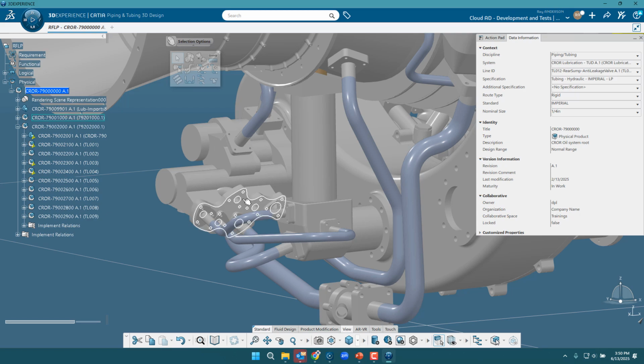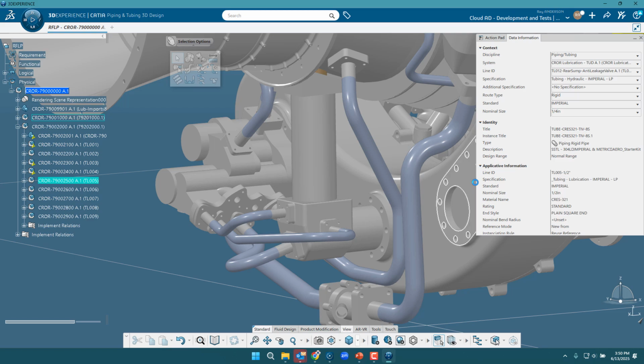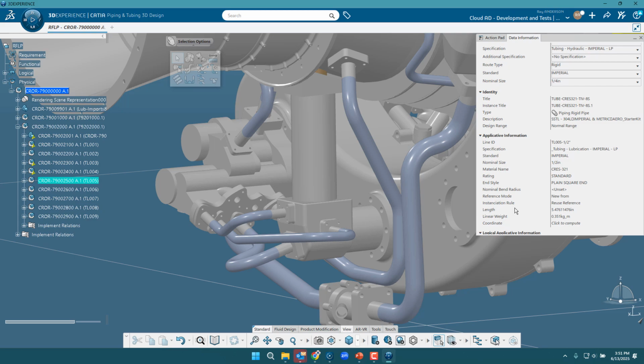But before I place those, let's choose a line and view the data information panel. Over here, you can see that that particular rigid pipe is made of 304 stainless. It follows the imperial standard. It's 1/2 inch. And it has a plain square end for an end type. We have the length of that pipe, the linear weight, and